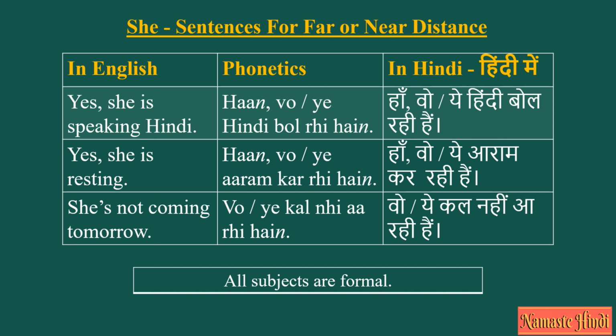For near distance, हाँ, ये हिंदी बोल रही हैं। Yes, she is resting. हाँ, वो आराम कर रही हैं। और हाँ, ये आराम कर रही हैं। She is not coming tomorrow. वो कल नहीं आ रही हैं। And for near distance, ये कल नहीं आ रही हैं।